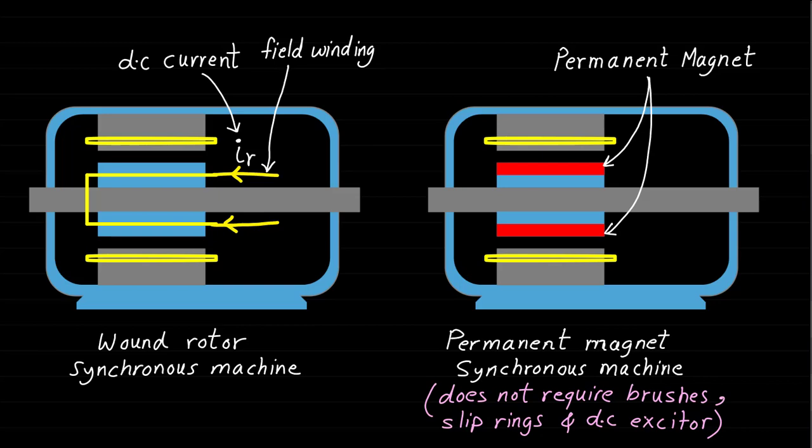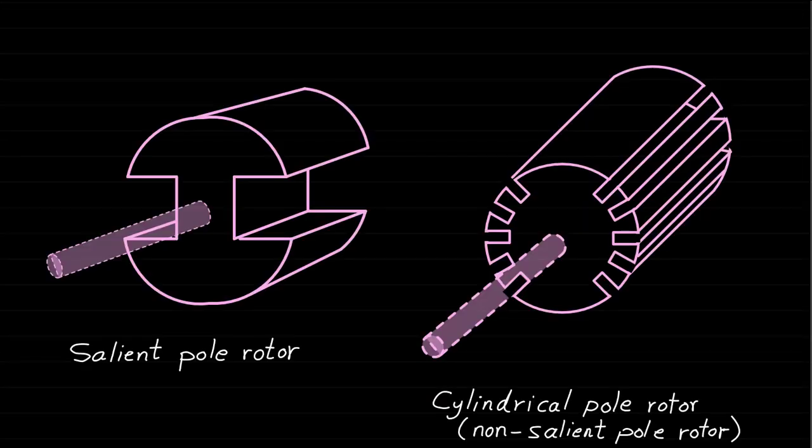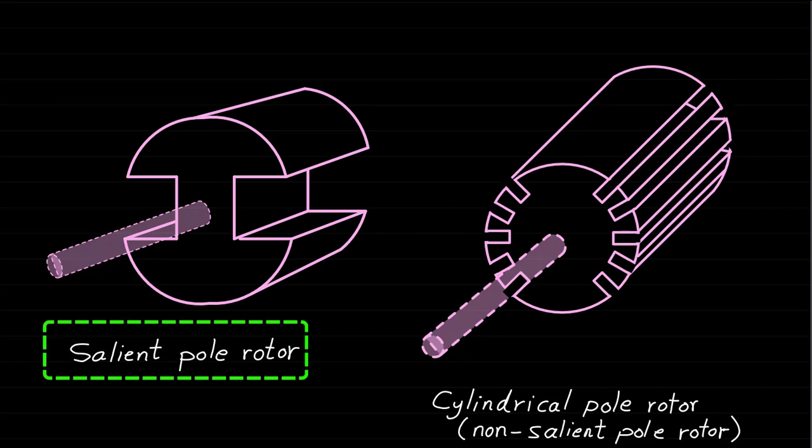Note that wound rotor synchronous machine and permanent magnet synchronous machine share the same principles and concepts. So understanding the wound rotor synchronous machine gives us a big idea about the permanent magnet synchronous machines. The rotor of a synchronous machine can be divided based on their construction into two types: salient pole rotor and cylindrical